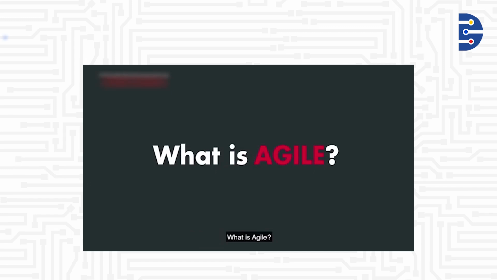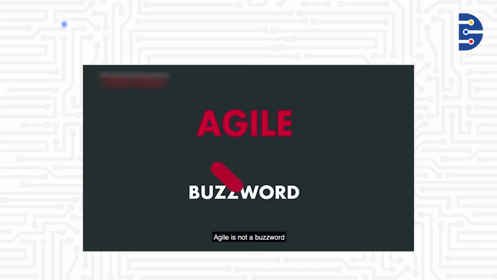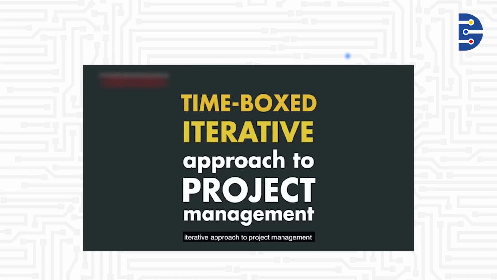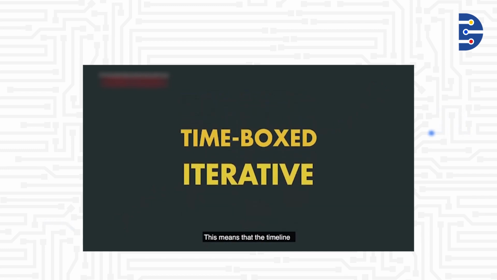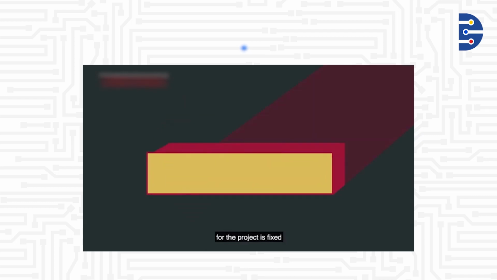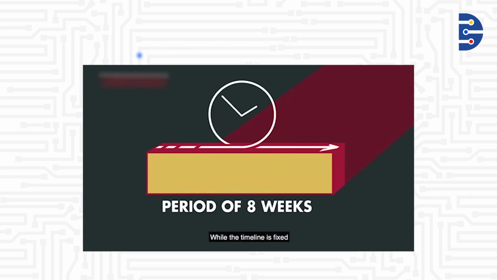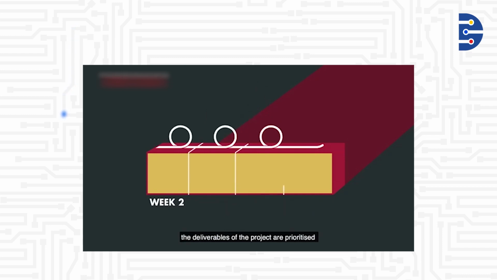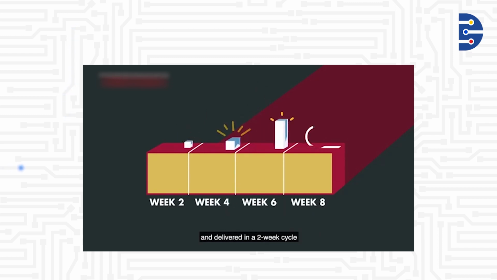What is Agile? Agile is not a buzzword. Agile development is a time-boxed, iterative approach to project management that builds software incrementally from the start of the project through the development life cycle. What does that even mean? This means that the timeline for the project is fixed and cannot be extended. While the timeline is fixed, the deliverables of the project are prioritized and delivered in a 2-week cycle, otherwise known